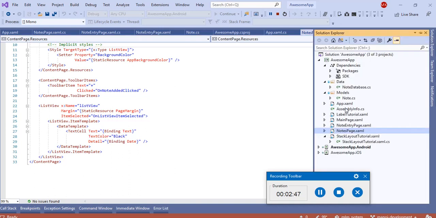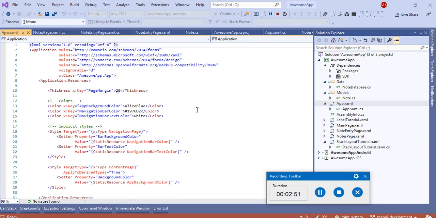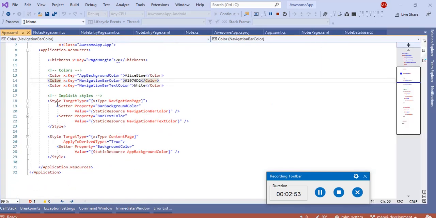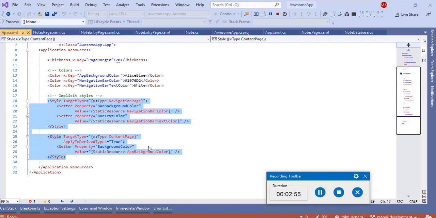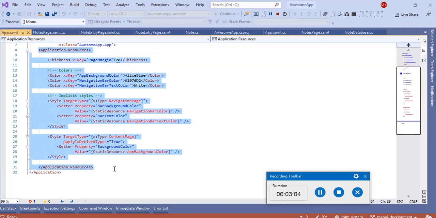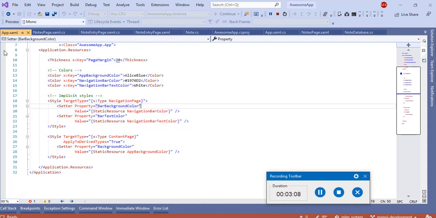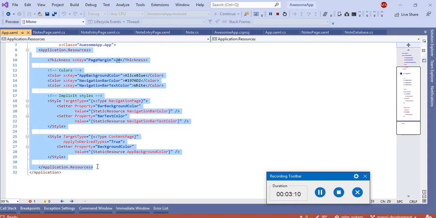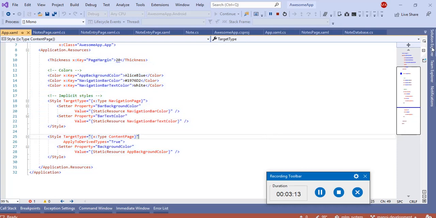And in app.xaml you will see that I have created the navigation page here. I have created some colors and application resources to apply. So you can say this is the global resource file, the global styling in XAML.